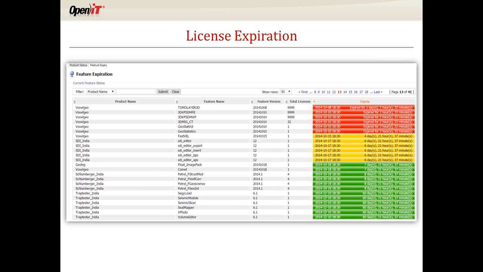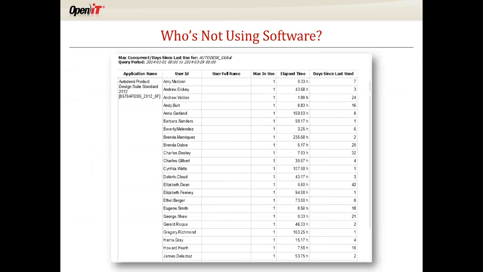A lot of the usage metering tools in the market are just historical reporting, but we think you need to look for a tool that can actually help you manage proactively and manage by exception. If you have to go into a tool and look this data up every day or every week, that's not very efficient on your time. So you would like to look for a tool that can set up alerts. You might have this on a dashboard, you might have it set up as alerts, so it's going to email you 60 days out that, hey, I've got something coming up. Again, that'll help you from a compliancy as well as a usage perspective.